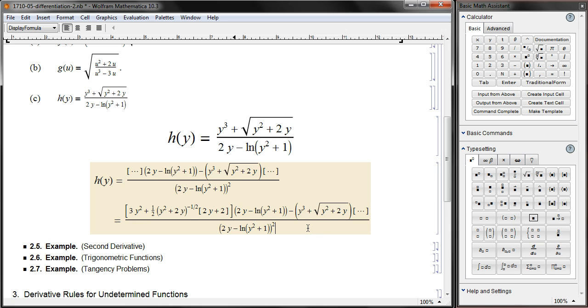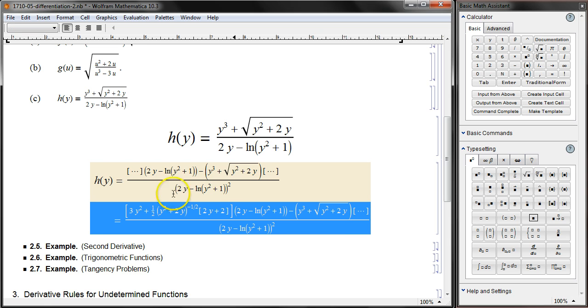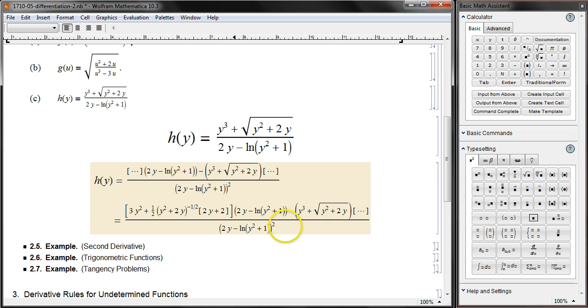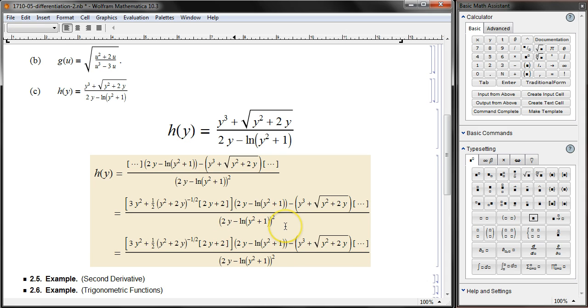What do you think? Can you do it? Or do we need separate steps to break this one down? Okay, let's work on the next one. You can do it together, but I decided not to. Okay, let's work out the derivative of the denominator here. And the denominator is like this. Okay, alright, derivative of 2y is 2 minus,